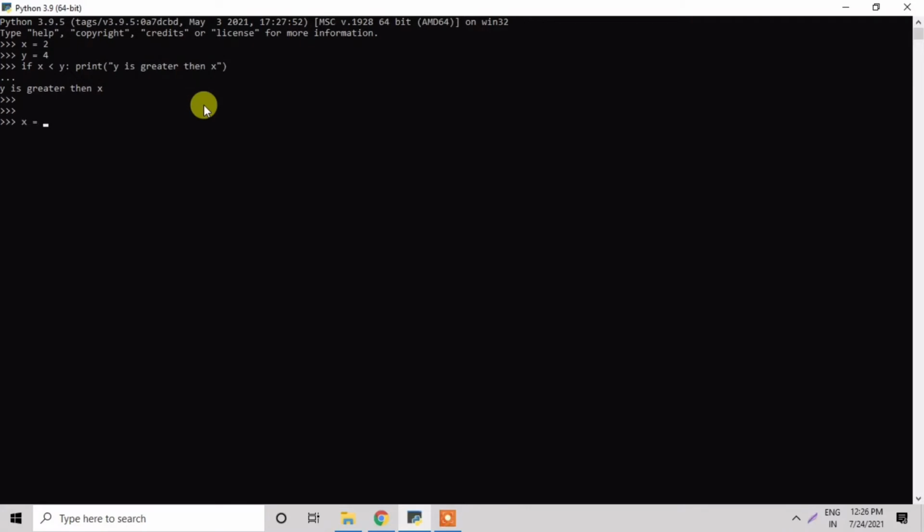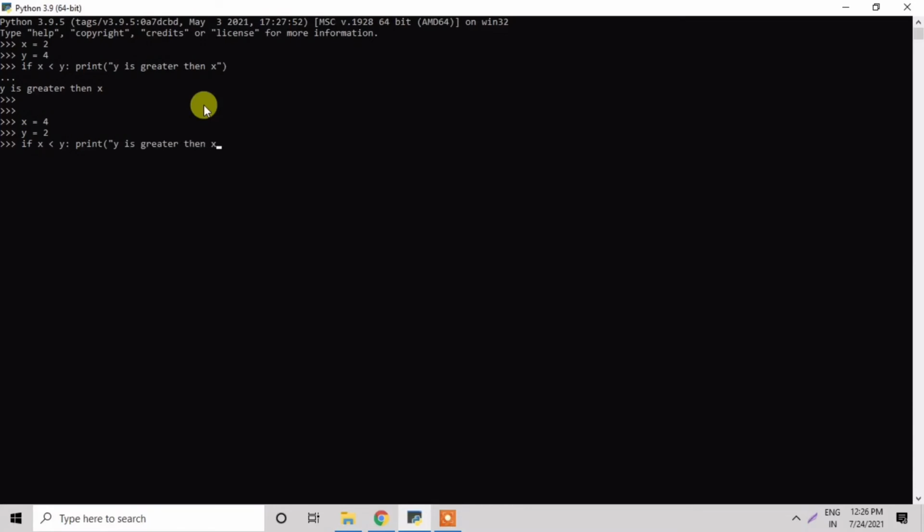Now the second example: we are using the x and y variables, and the values are 4 and 2. Now we'll use the if statement, a conditional statement, in which I am asking that if my x's value is less than y, then print the line, in double quotes, y is greater than x.